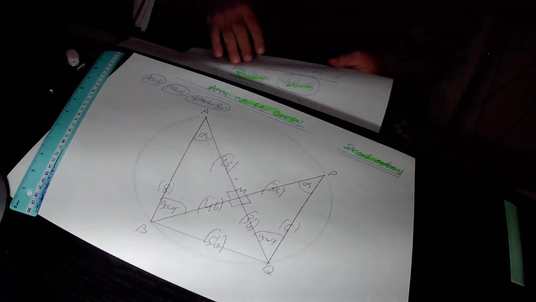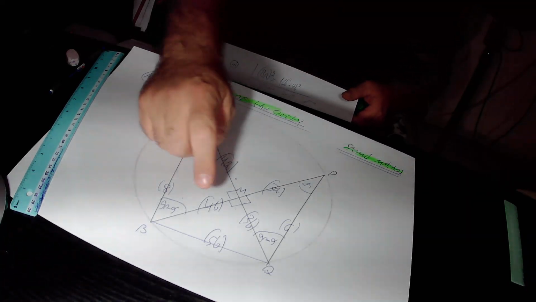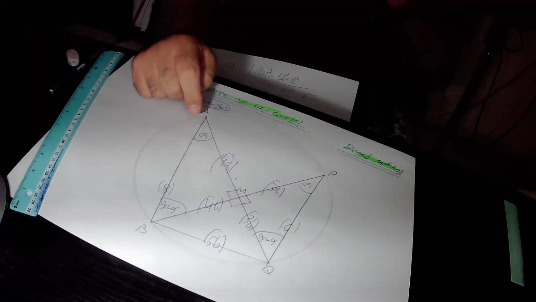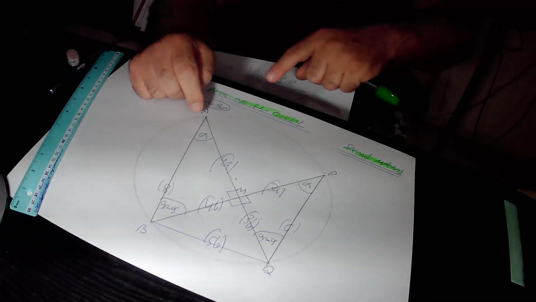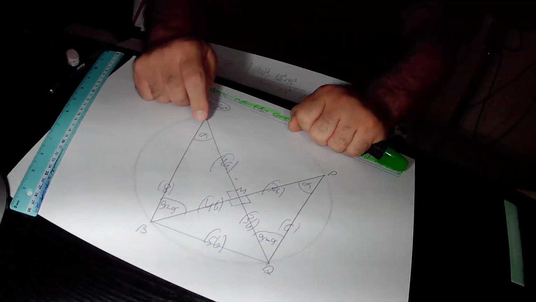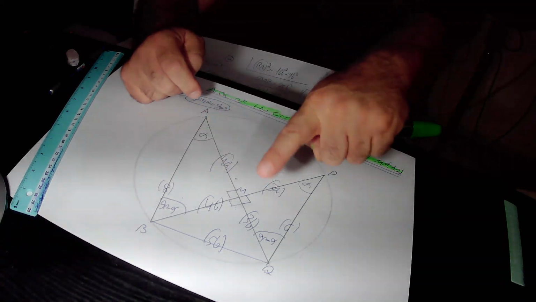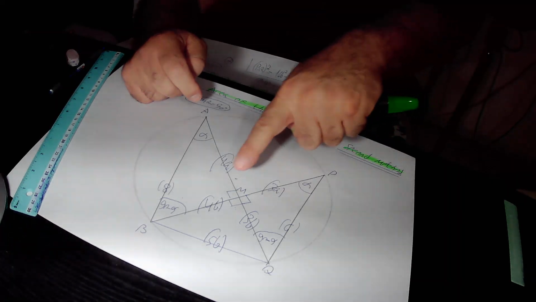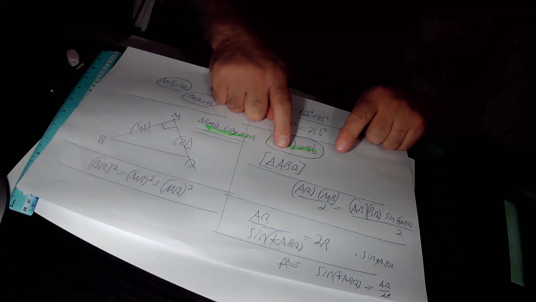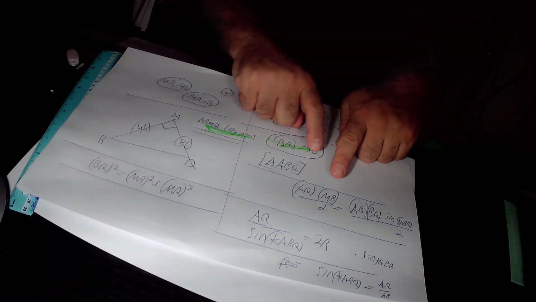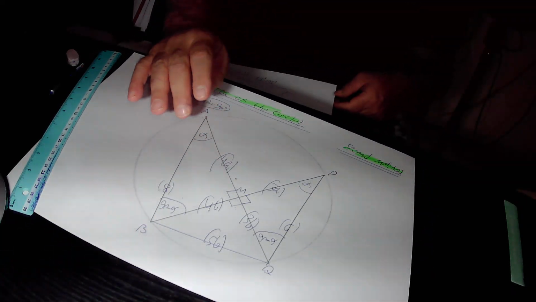In the next step we focus on this big triangle, triangle ABQ. We calculate the area of this big triangle ABQ in two different ways. For one way, we know that the area of any triangle equals the base of the triangle times the height to the base over 2. We choose the base as AQ, and the height to the base is MB. So the area of triangle ABQ equals the base AQ times the height to the base, MB, over 2. But from the other side, you can calculate the area of this triangle ABQ in a different way,